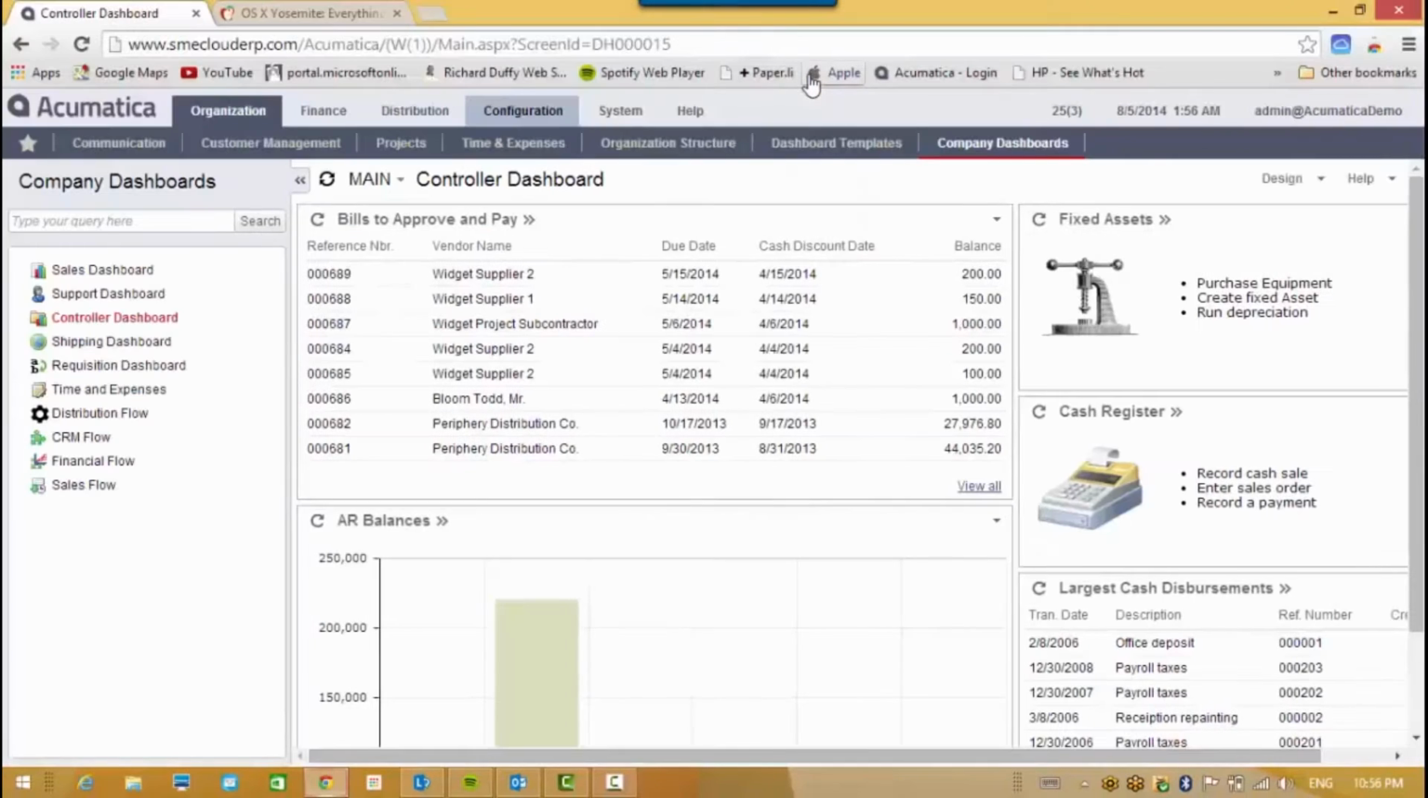But of course, I can easily exit out of full screen and get my browser bar back. Again, why? Because I'm working in the web browser. That's all I need to drive Acumatica. I've got a shipping dashboard here. So you can see there is a broad variety of different ways that you can configure the software to suit